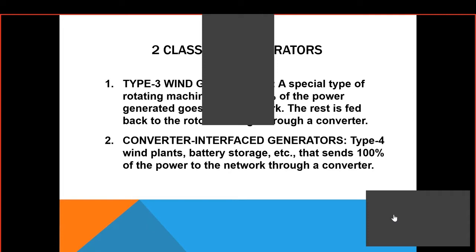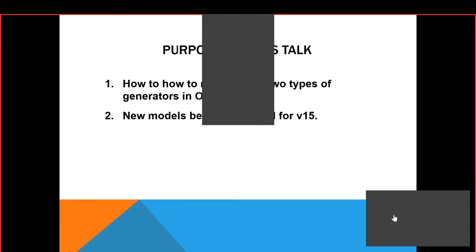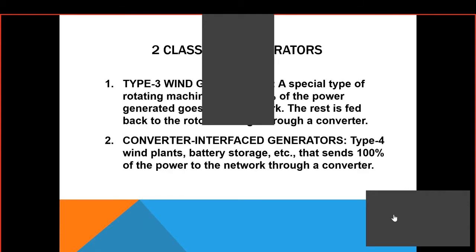The second type of wind machine is called the type 4 wind plant. Let me also mention that number two, the type 4 wind plant, also works for solar and